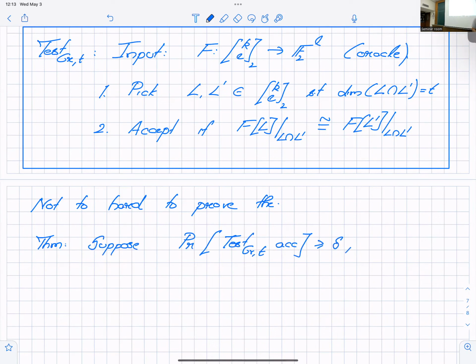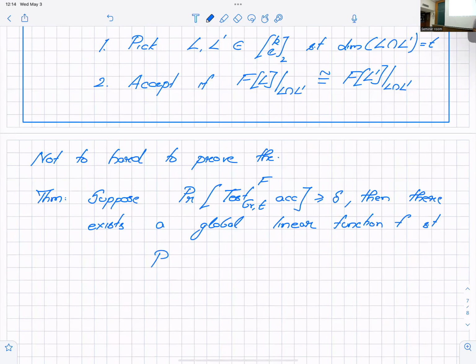Then there exists a global linear function, capital F, such that the probability, when I pick a random L, that F restricted to L is identical to the given function restricted to L is at least omega of delta Q,